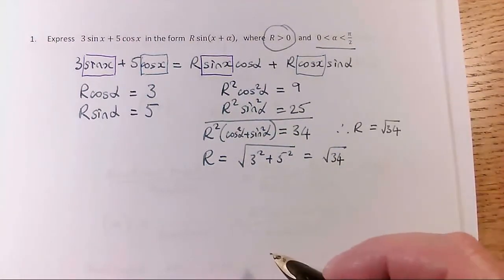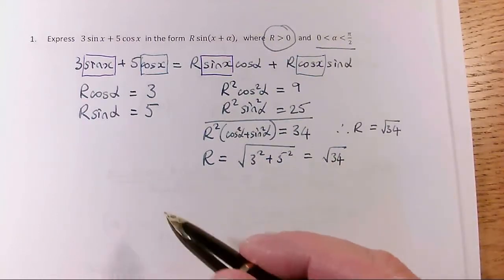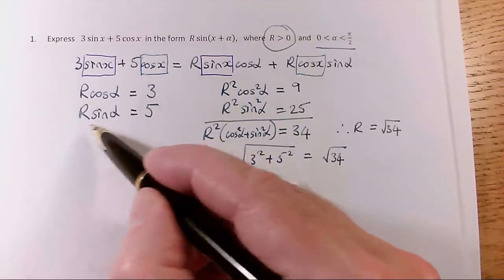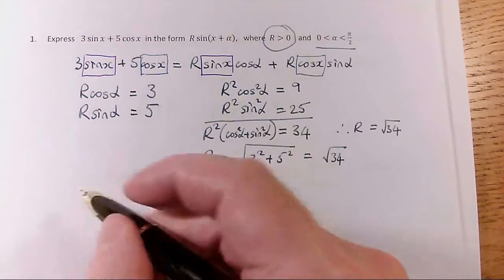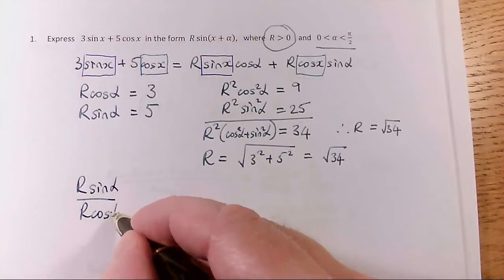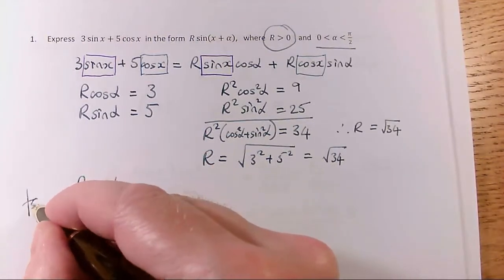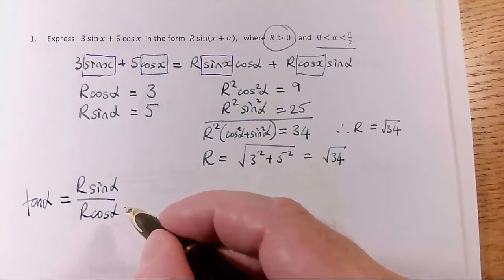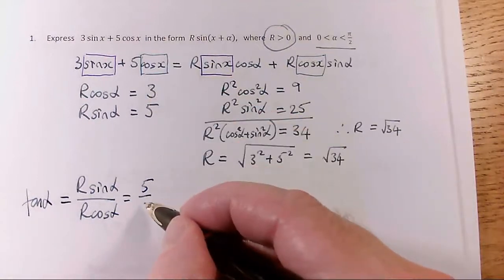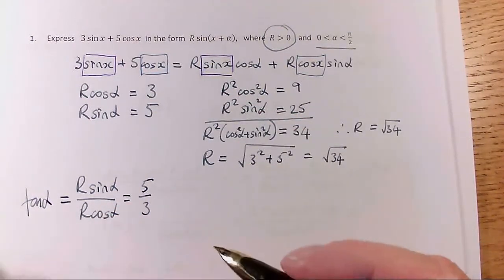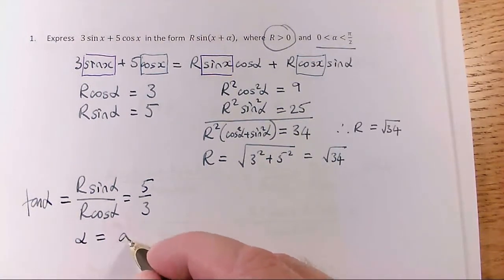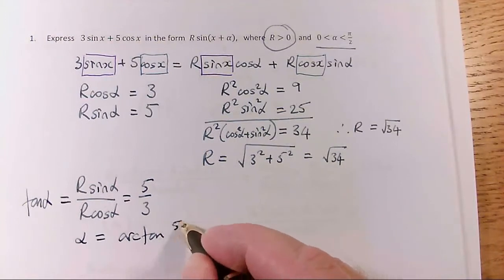So I want plus the square root of 34, and I'm going to go on and find alpha, and it's clear that I can eliminate r here by doing a division. If I do r sine alpha and r cos alpha, if I divide them, so if I do r sine alpha over r cos alpha, then on the one hand the r's cancel and sine alpha over cos alpha is tan alpha, okay? But on the other hand, I can say that r sine alpha is 5, so I have a 5 on the top, and r cos alpha on the bottom is going to be 3. So tan of alpha is 5 over 3. So my first alpha would be arctan of 5 over 3,